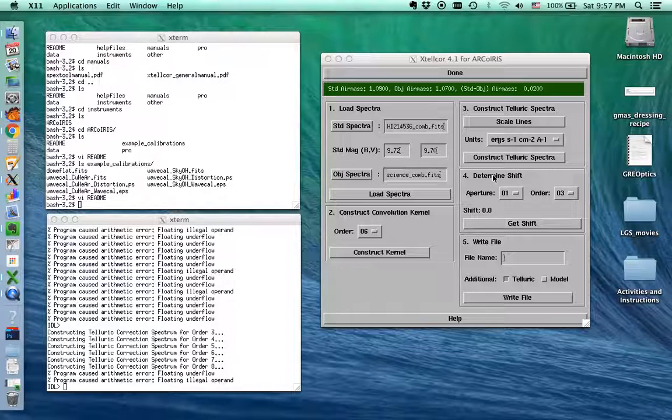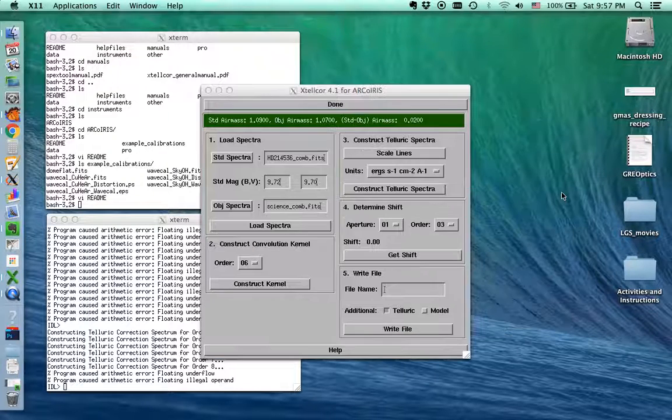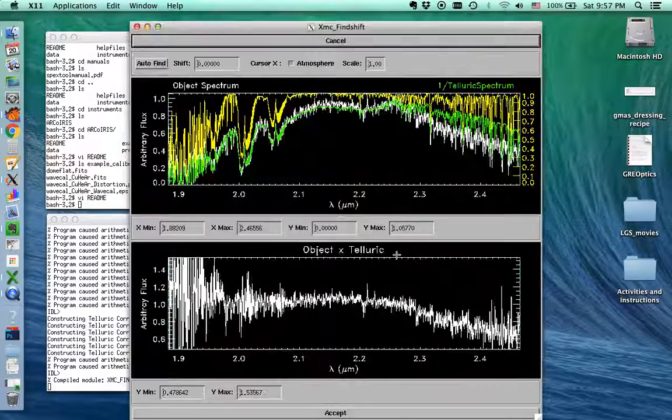Okay, the next step that we're going to do is sometimes there are wavelength shifts between our telluric spectrum and our science spectrum. Now I will say that in my experience with ARCoIRIS, these are usually very small. Because the instrument, all of the optics are fixed, it means that in general there's very little shift between your telluric and your standard. But let's go ahead and we'll take a look. So we only have one aperture to choose from, so aperture 1 it is. Order 3 we're going to start with. So we do that, click Get Shift,